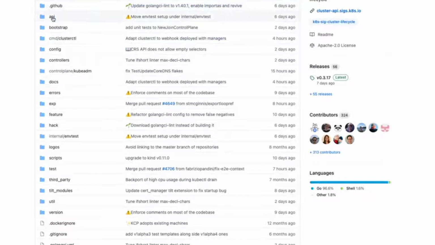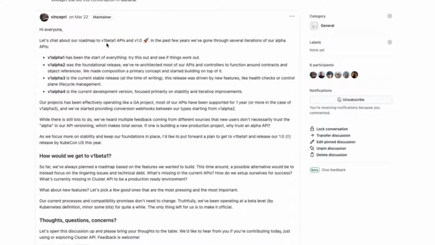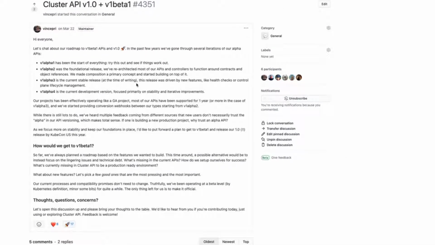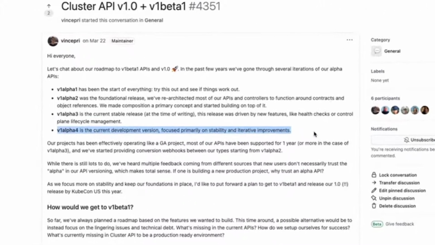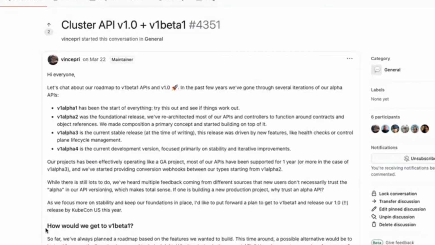fast, break things. But we're starting to get to a point where we're stabilizing the APIs, and we haven't had any breaking changes that didn't come with conversion for backwards compatibility in over a year. So we've actually started a discussion in the repo for graduating Cluster API to 1.0 and beta. And so what we're doing at the moment as a project and as a community is, after we get V1 Alpha 4 released, which is primarily stability and iterative, so no big new features, we're aiming on the